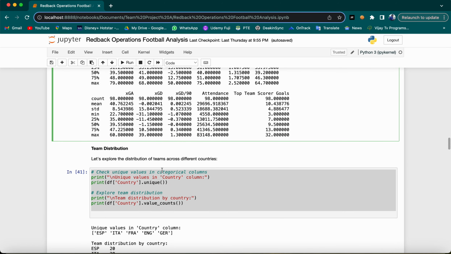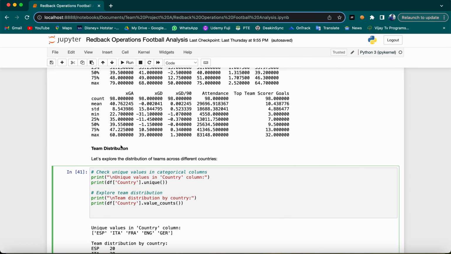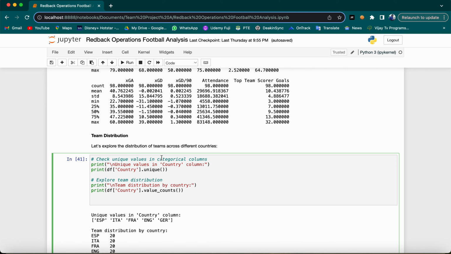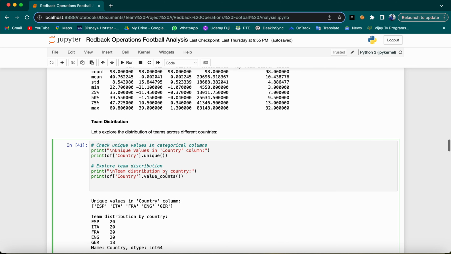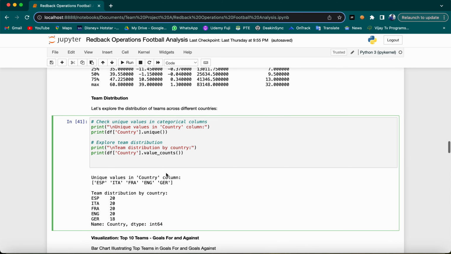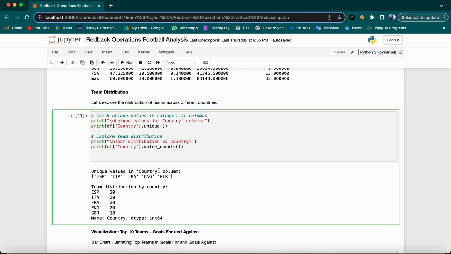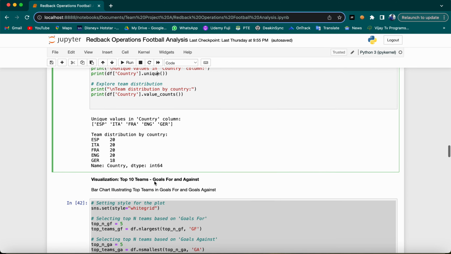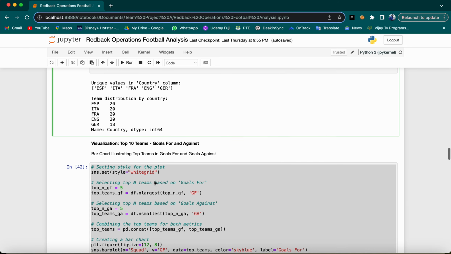And then next we are diving into the team distribution. Now let's explore how teams are distributed across different countries. Our dataset includes teams from Spain, Italy, France, England, and Germany. The distribution gives us an idea of the representation of teams from each country. This will help for the visualization. So moving on to the visualization,